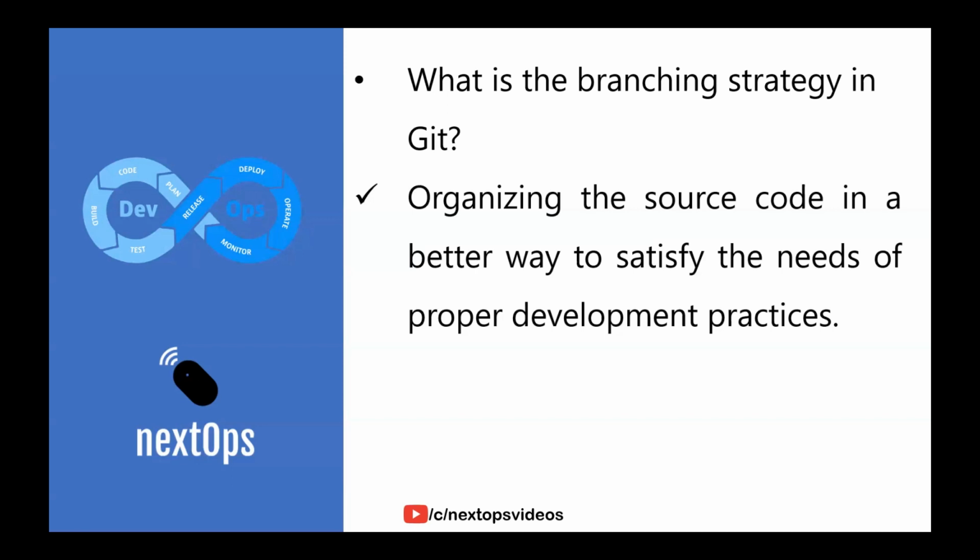Usually organizations follow a branching strategy by creating feature branches or bug-based branches, which means they create separate branches for each feature development. And once the feature development is completed, at the end of this code development, they will merge all these branches into the master branch so that all those developed features will be integrated